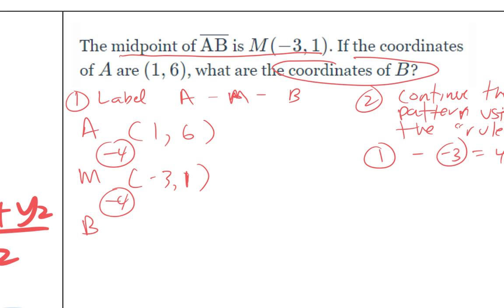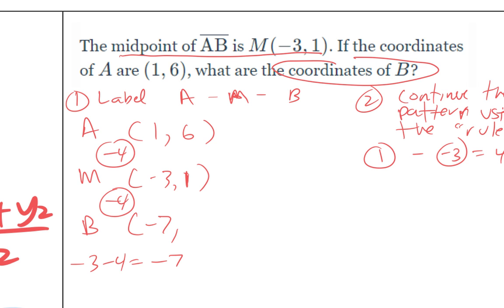So let's type that into our calculator. -3 minus 4, right? If we did -3 minus 4, that gives us -7, right? So that's how we get the -7 right there, right? And then